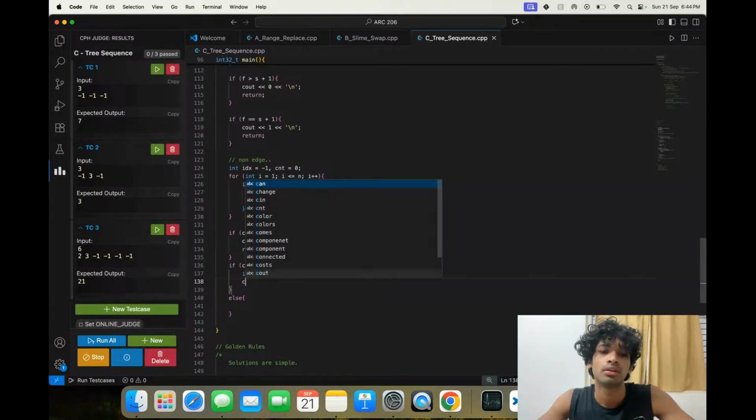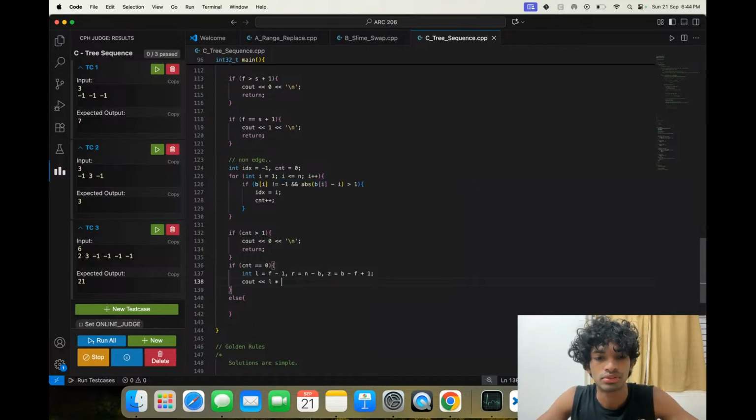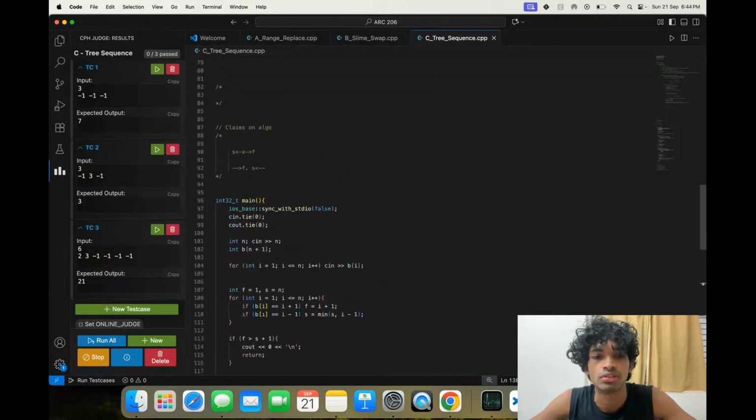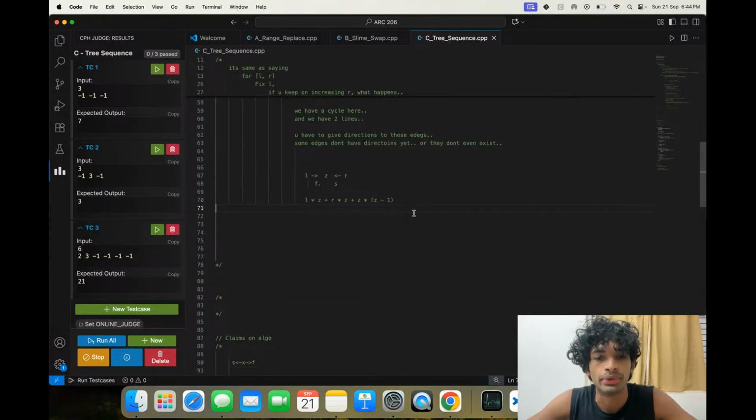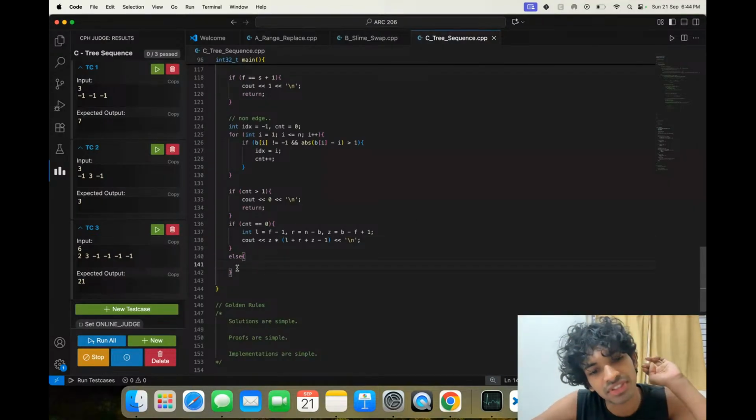Okay, cout L times Z, Z times L plus R plus Z minus 1. This was the answer, right? Take Z common. So now we have to verify among these three cases if this is false or not.